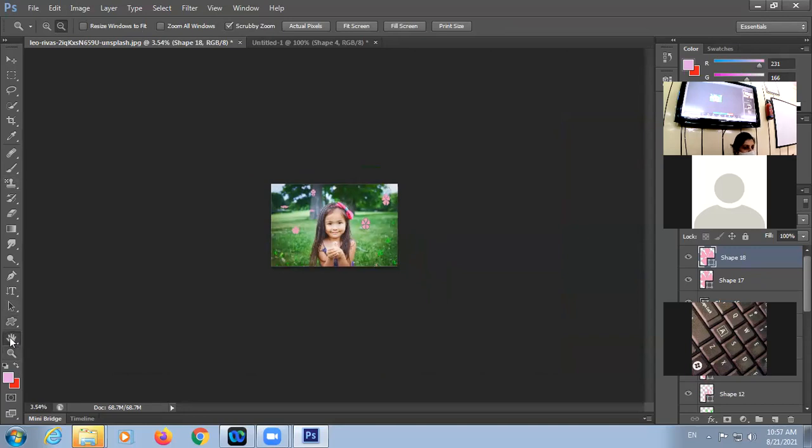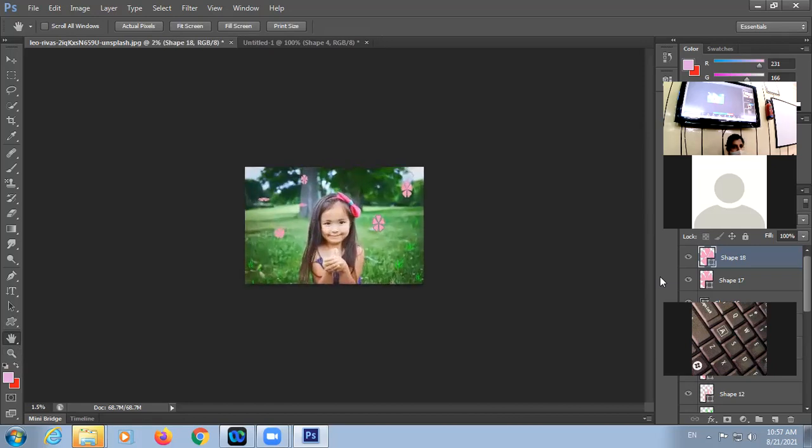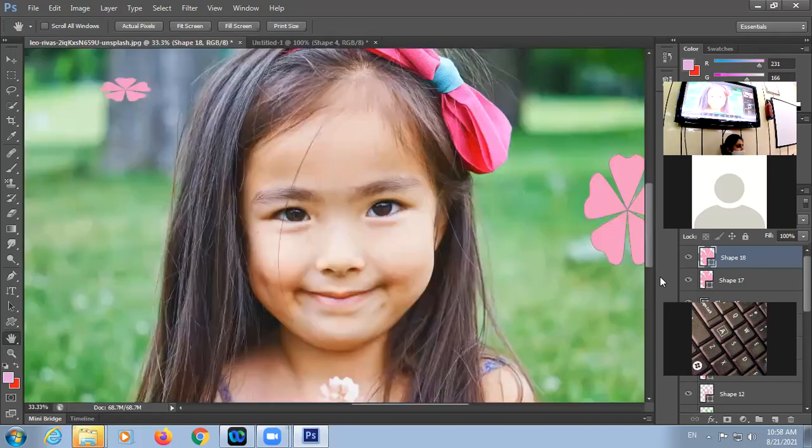The next one is the hand tool. Hand tool means if our image is big, we can easily move our image with the help of the hand tool. This is one way that you can enable the tools from the toolbar and directly use it, right? Second way, I've already told you the shortcut keys: control minus will be zoom in, and control plus will be zoom out. Now I have made this bigger, right? This was the second method. First method, directly you are using the tool from the toolbar. Second method, you are using the shortcut keys control plus, control minus, zoom in and zoom out.